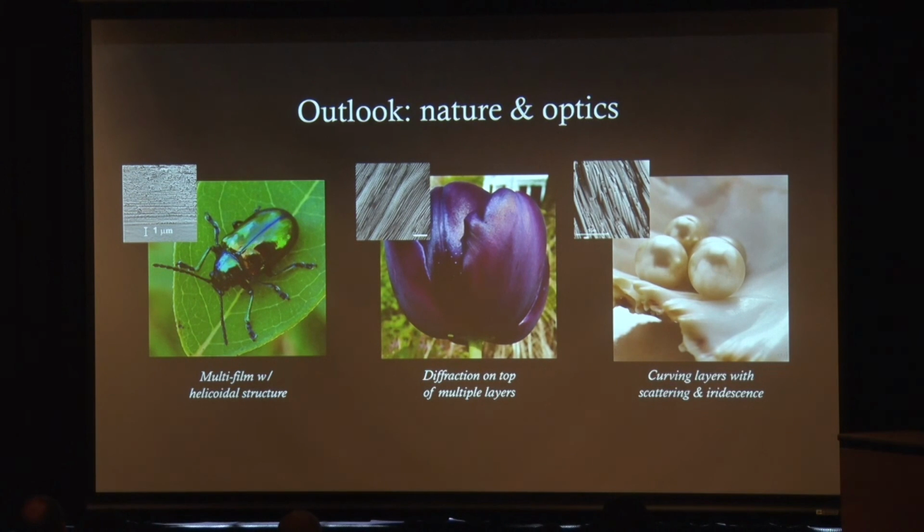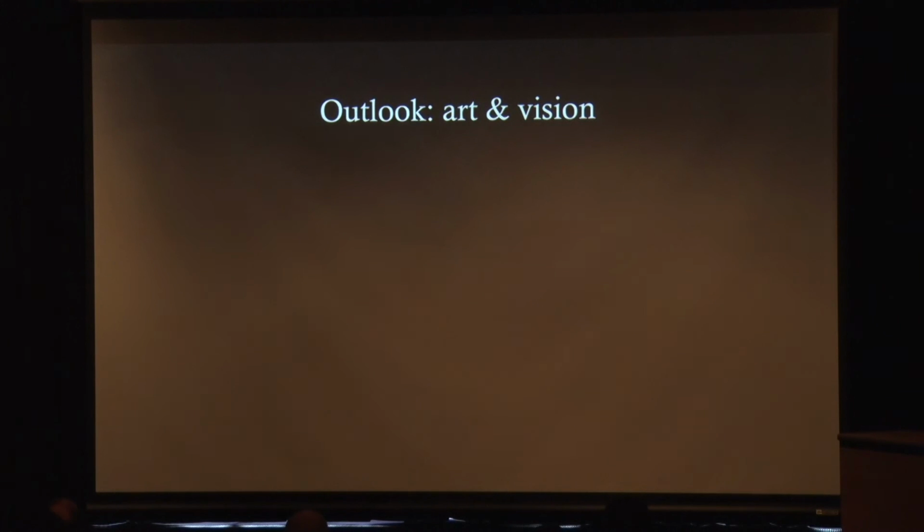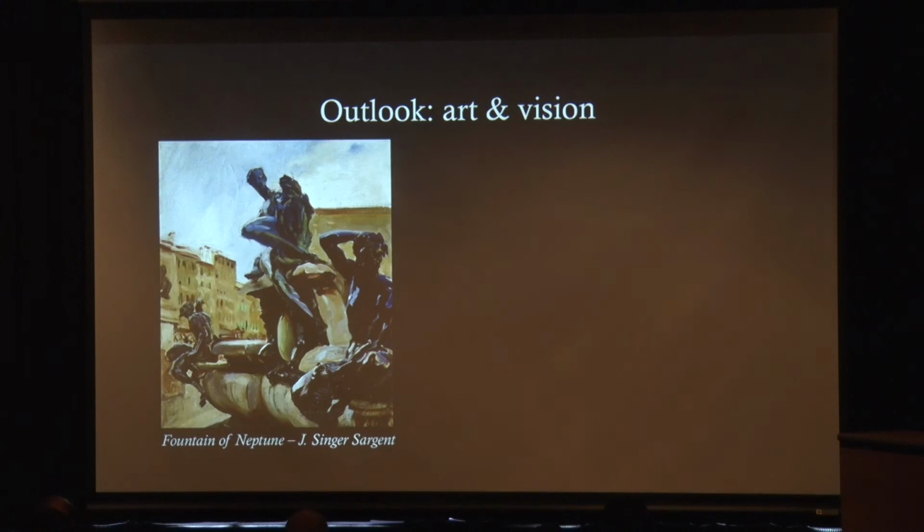Plus, because it's curving, the scattering is very specific, and that's affected by the curvature of the pearls. So that's a mesoscale effect. But I think we should also take inspiration from art and vision. For instance, I really like this painting by John Singer Sargent because you can really see the gloss in the statues, and I even have the impression that the statues are wet. I know this is a fountain, but I really have this impression, and I thought maybe this is all